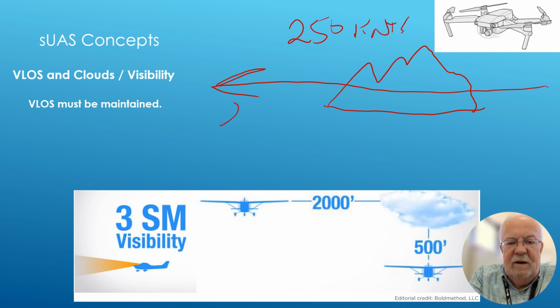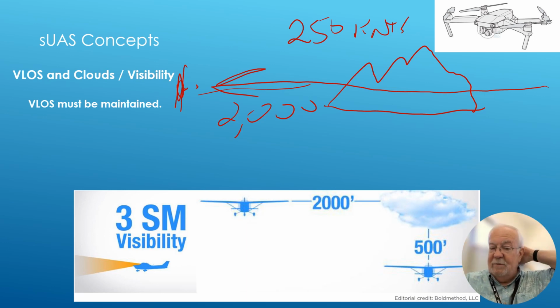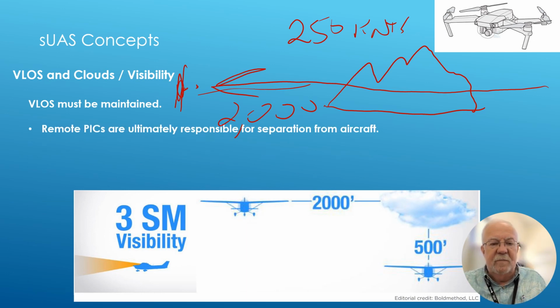So 2,000 feet gives both them and us time to see each other. That's why we've got to be 2,000 feet from the side, because there's less time for us to react and for them to react as well. Okay, let's not belabor that. Let's keep moving here. All right.